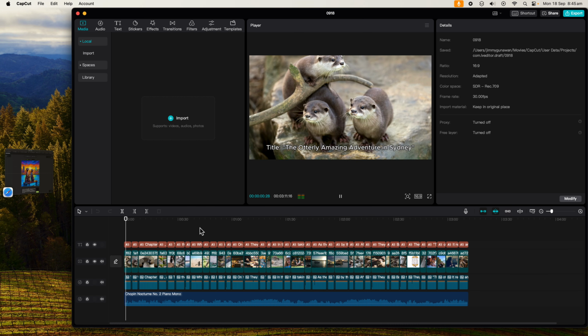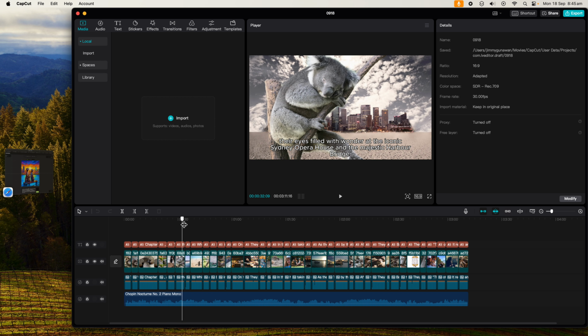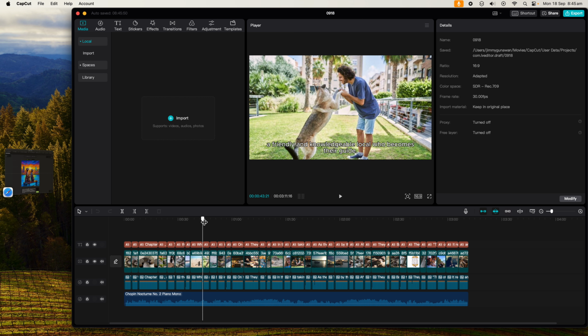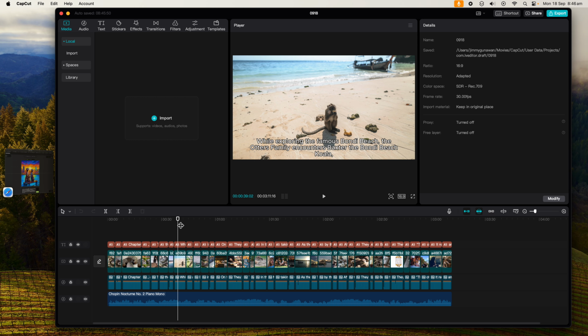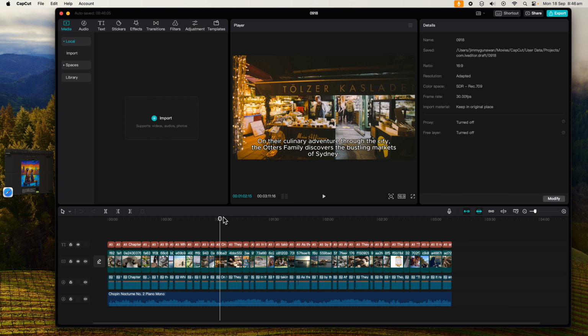Okay. Title: The Otterly Amazing Adventure in Sydney. Word count. Okay, and again, it's doing this. Okay, they're gonna have a picture of a koala exploring Bondi Beach. It's not using AI with CapCut story to video. It's not using AI to generate images, but you can take this sentence and then just ask AI to generate each one of them. So this is, I think, the idea of the same to Palladium.